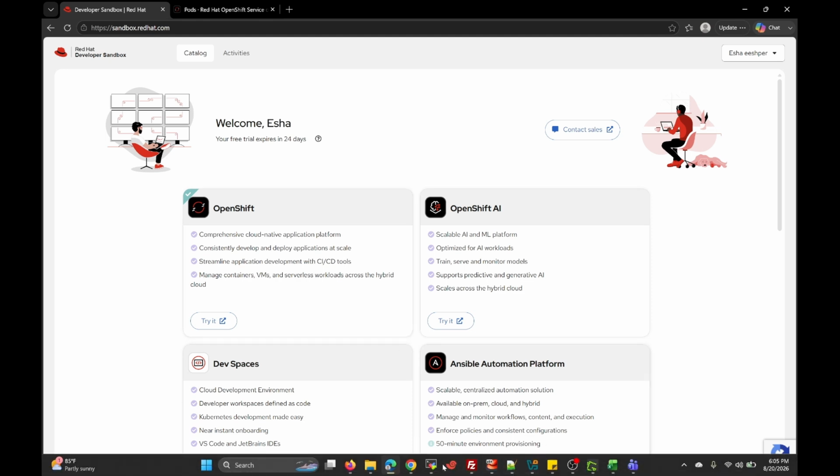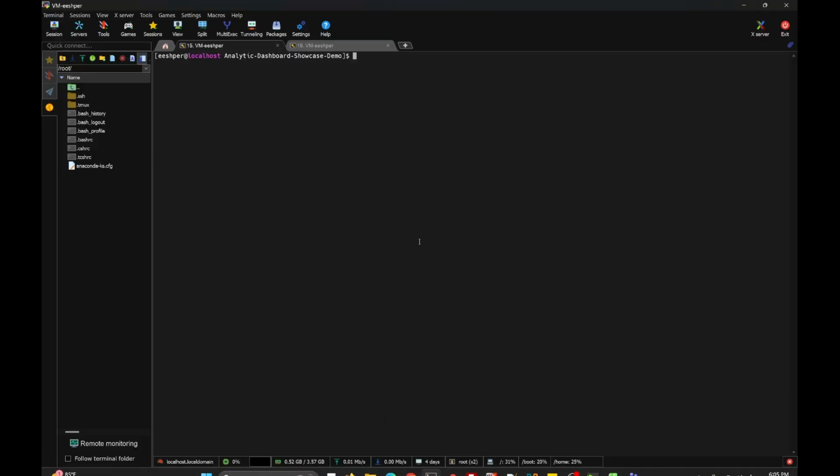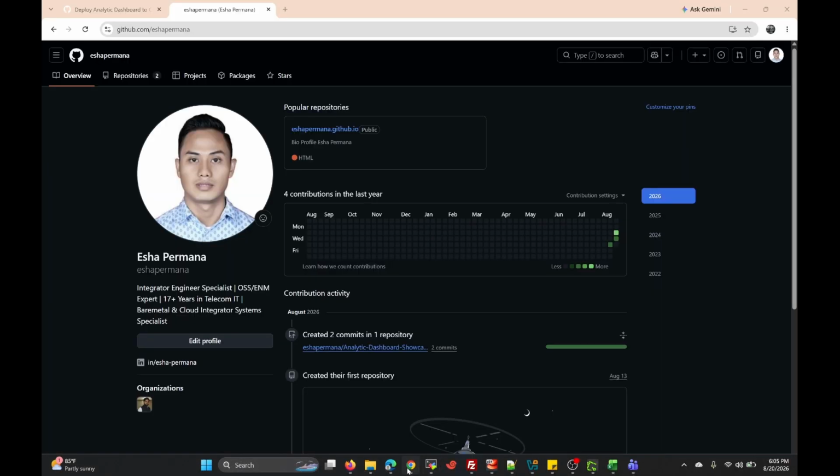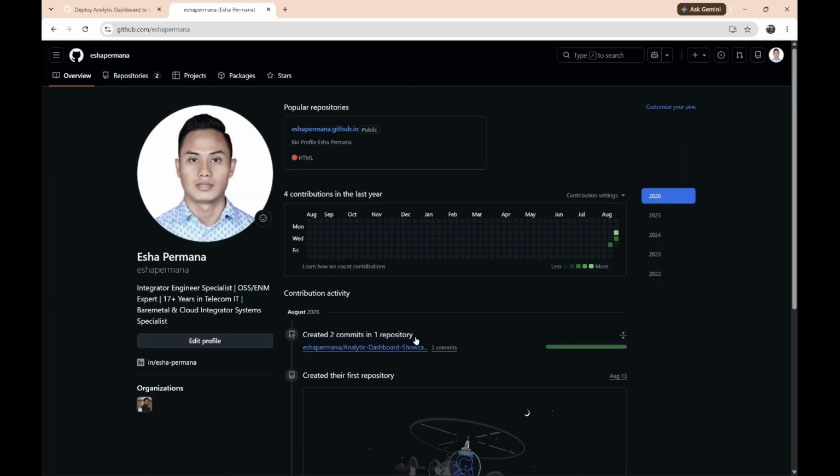Okay, so I will start with my onboarding process. This is my local repository on my virtual machine, and you need to create your GitHub repository as well, so you can store all your code and your templates in GitHub.